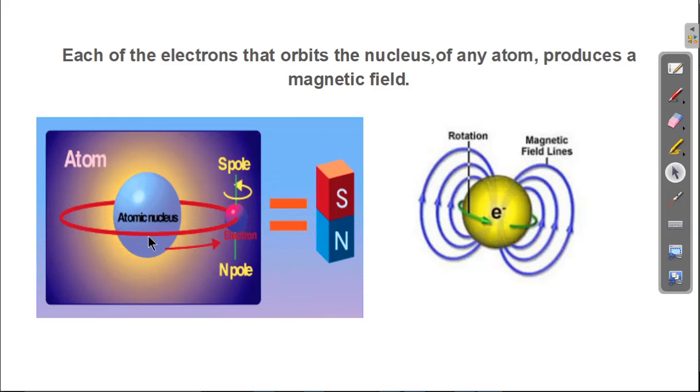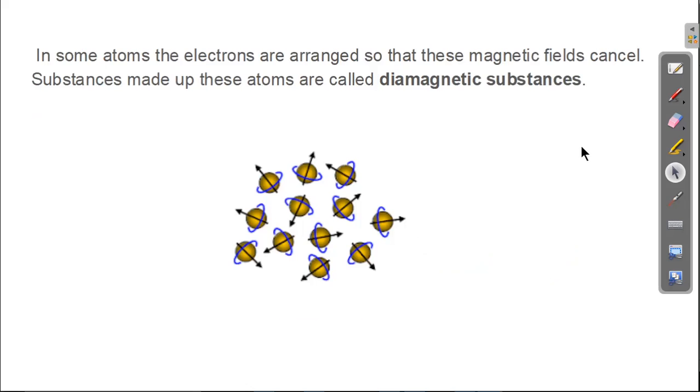Okay, here we have an atomic nucleus, an atom, okay? The electron right here has a north and a south pole and is creating a magnetic field. All electrons do that. But we know that even though all electrons of all atoms do that, not all atoms have magnetic fields, and not all substances that have atoms that have magnetic fields are magnetic. So we're going to be looking at 3 different kinds of substances. Let's start with the first substance, what we call